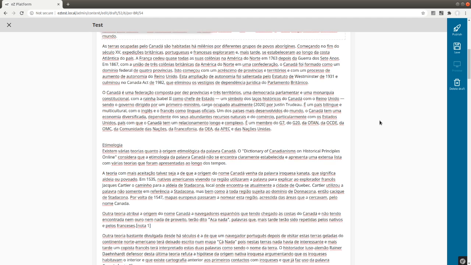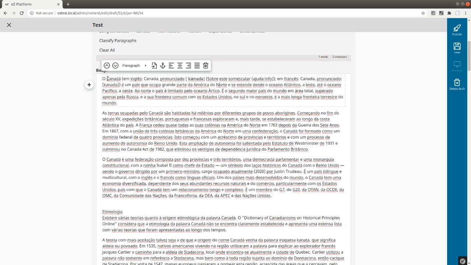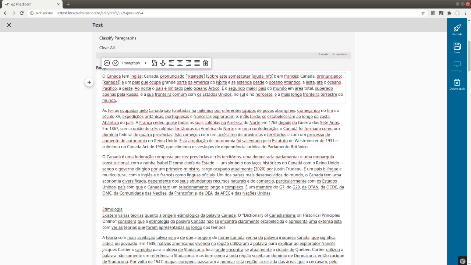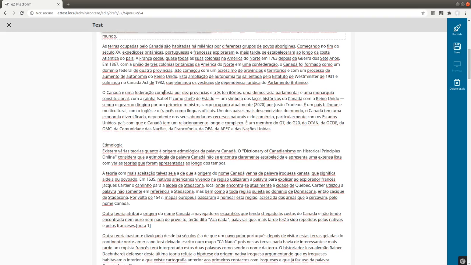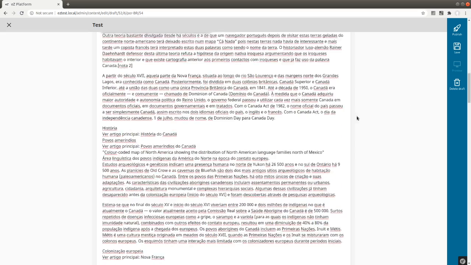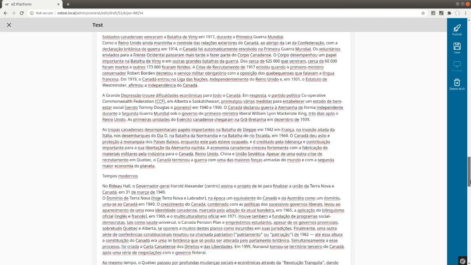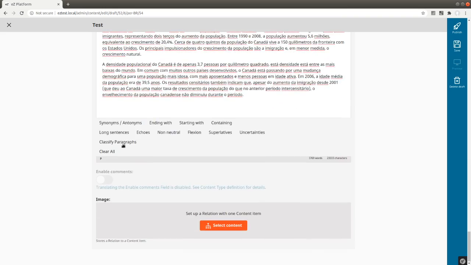And the service basically goes and checks each sentence and classifies it in definition and the other. And if the sentence is considered a definition by the machine algorithm, then it's going to be highlighted in green. Otherwise, it's going to just display without anything. So let me just click here,